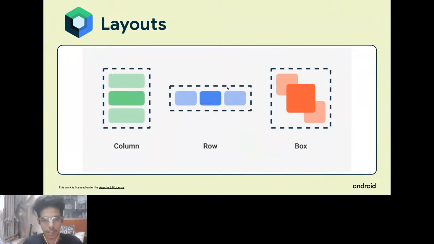So these are the three layouts, and Jetpack Compose also has Material UI, so it also has Scaffold. Scaffold is provided by Material UI to Android. It is basically a pre-structured application base for you. If you want an app bar and a bottom navigation bar, you don't need to specifically tell Android to place your bottom navigation bar at the bottom and clip it to the bottom of the screen. If you use Scaffold, Android knows it's a bottom navigation, so it has to stick it to the bottom.